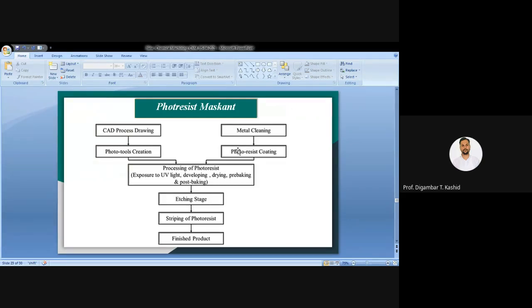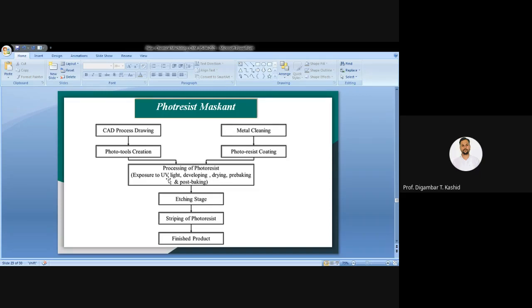By taking them together you have to go for the exposure of UV light on your workpiece, okay. After development your material will become strong where UV rays will pass, that portion will become strong, that means development will happen, and where UV will not pass, that surface will be as it is.